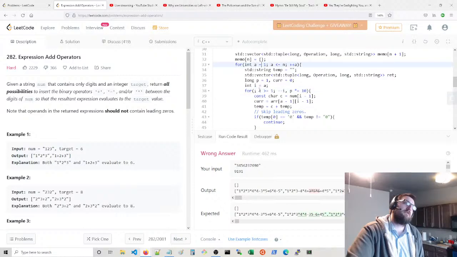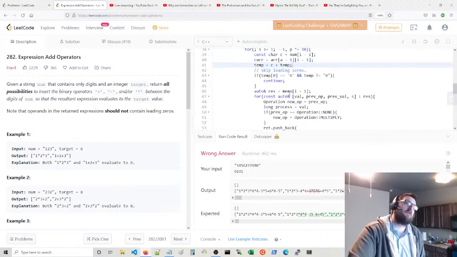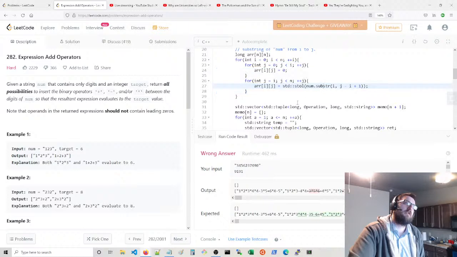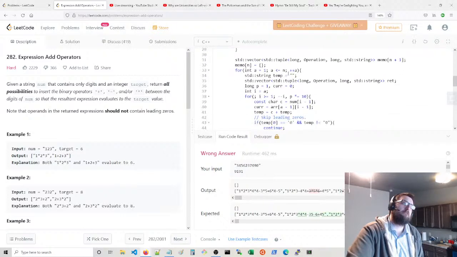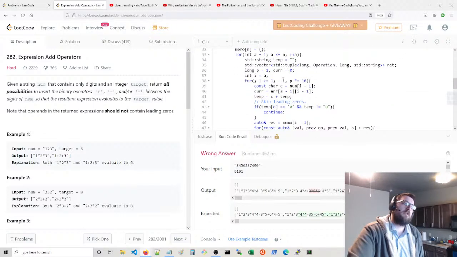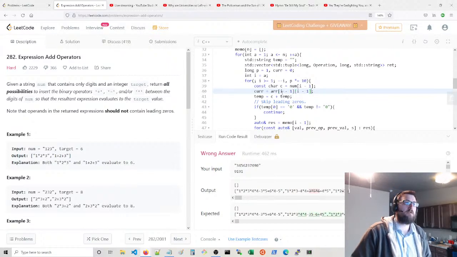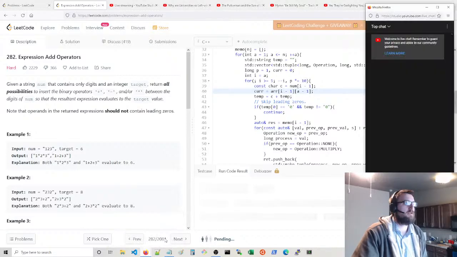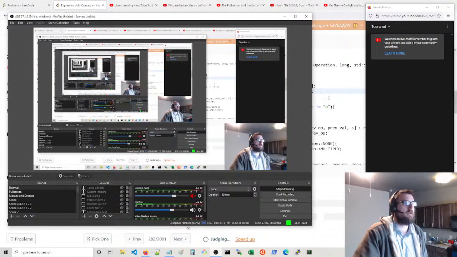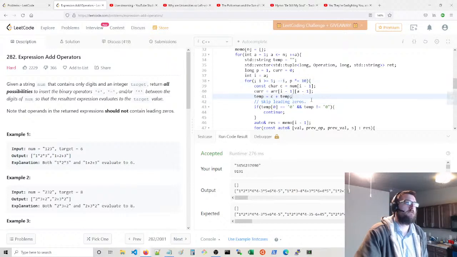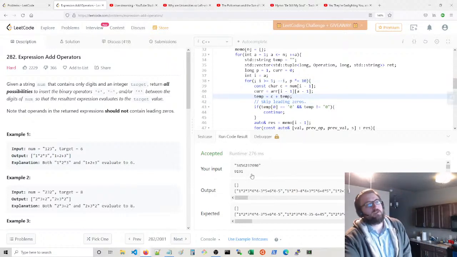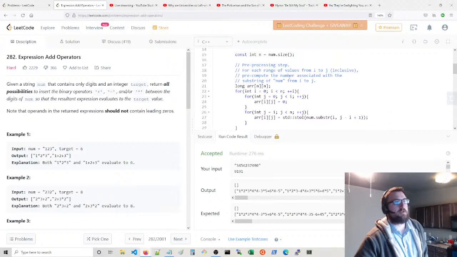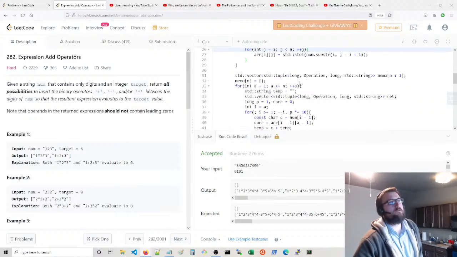Also, this is a little confusing. They're using I instead of, so I and J up here. Actually, A is on the right side, so A's on the other side. I think that's what I was saying before, is that this gets a little confusing. Okay, there we go. So this pre-processing step doesn't really help us that much, but what does